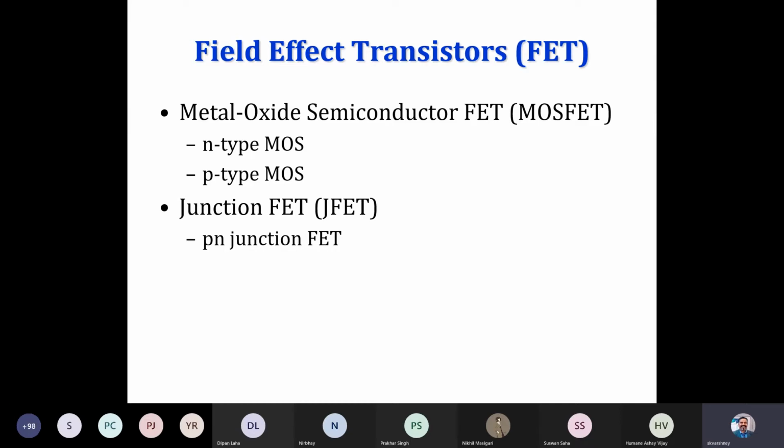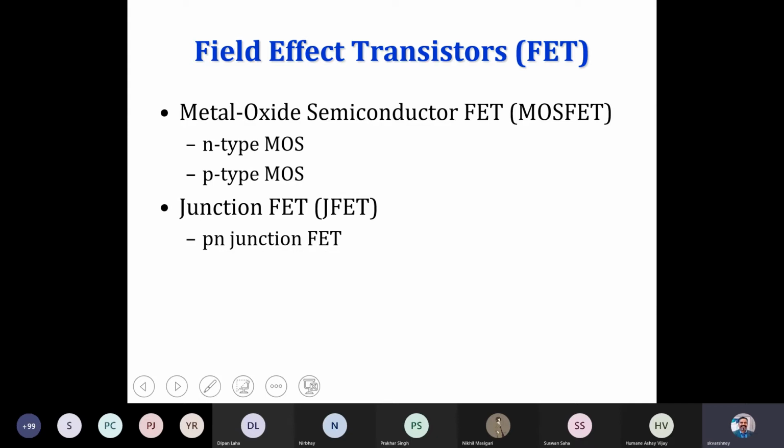It comes as the metal oxide semiconductor FET, the MOSFET, whose size is much smaller than the basic BJT used for creating integrated circuits, VLSI, with high density.